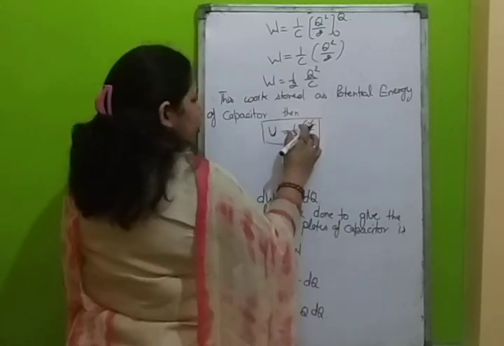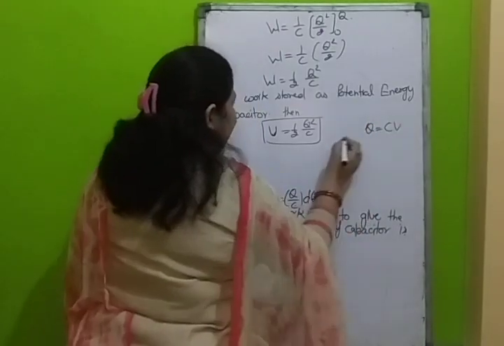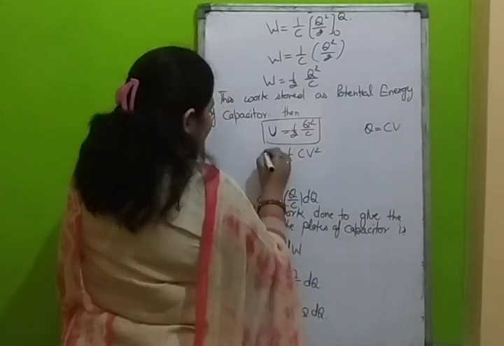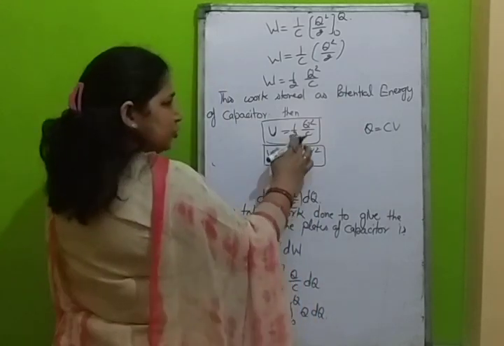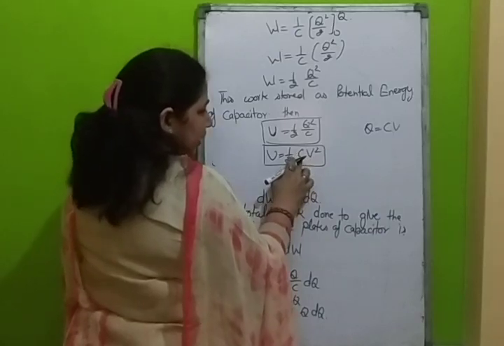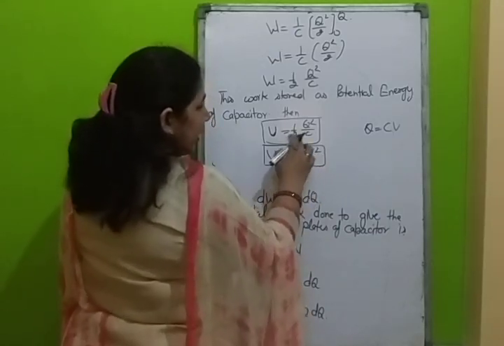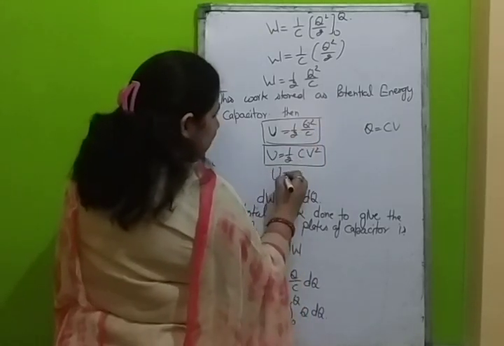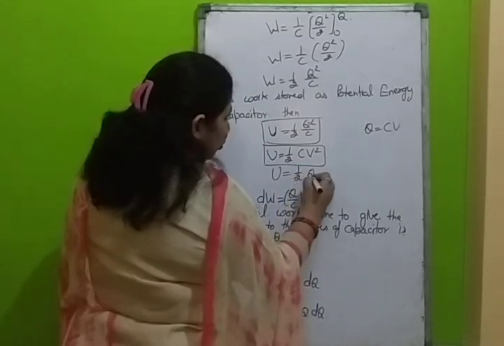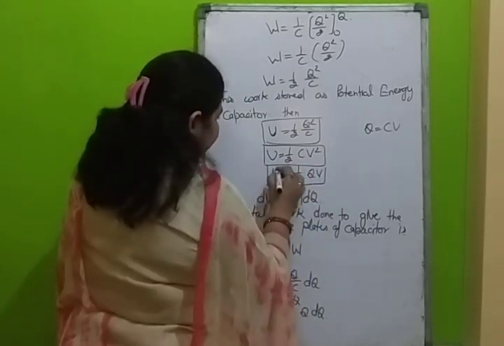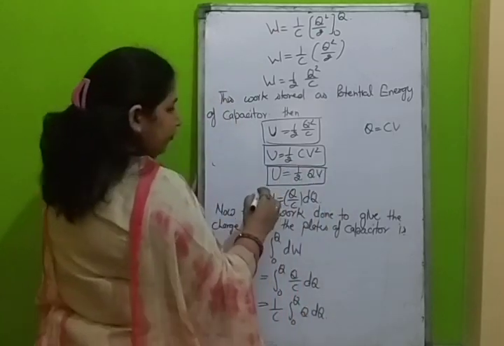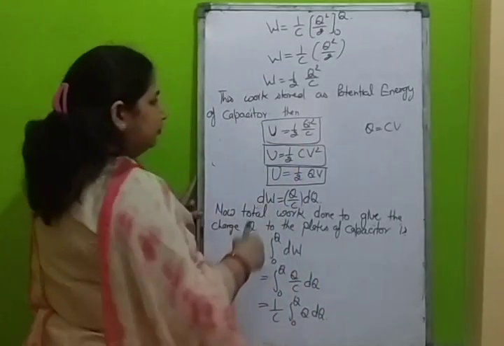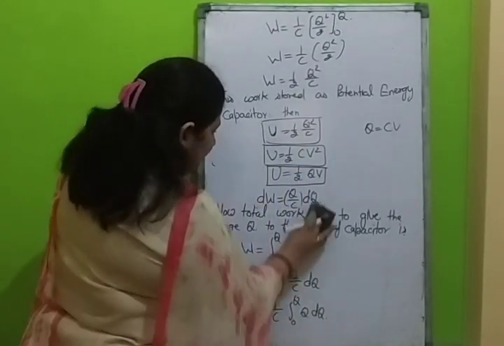When we put the value of Q is equal to CV, then we have U is equal to half C V square. This is the potential energy in terms of Q and C, and this is the potential energy in terms of C and V. And if we put here in place of C, Q upon V, then we have U is equal to half Q V, since C is equal to Q upon V. Yes. Now the next topic is